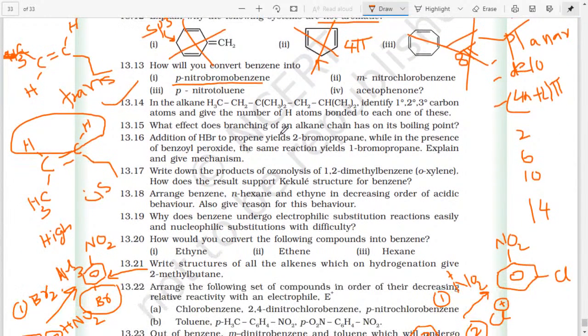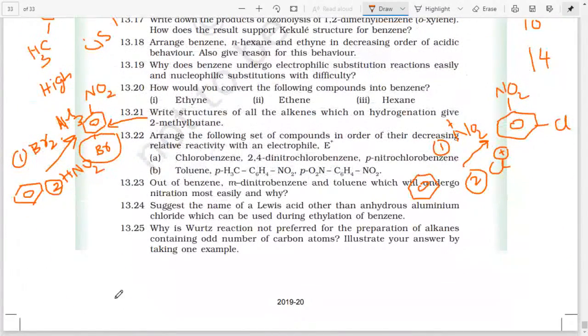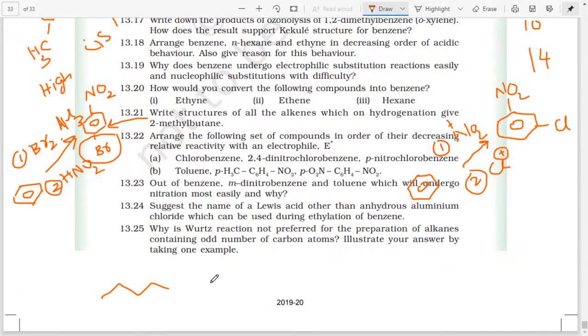What effect does branching of an alkane chain have on its boiling point? Dear students, it is a very, very important concept. The more the branching takes place, the lower the boiling point. For example, when I compare n-pentane, isopentane, and 2,2-dimethylpropane, these are isomers of